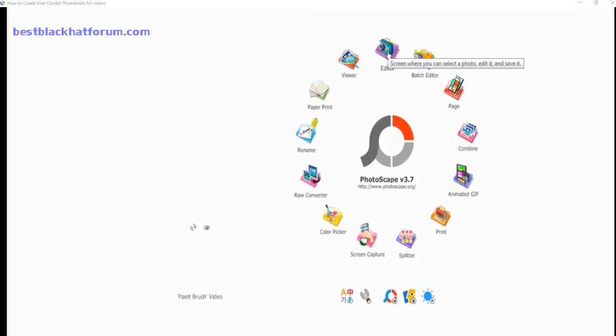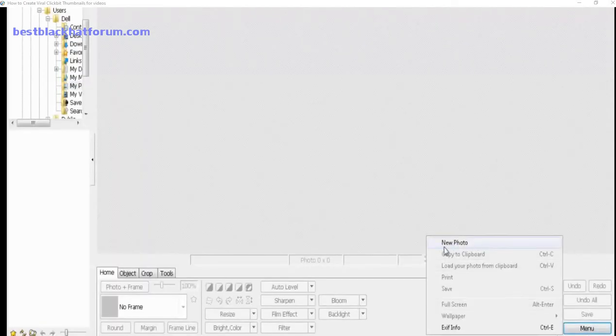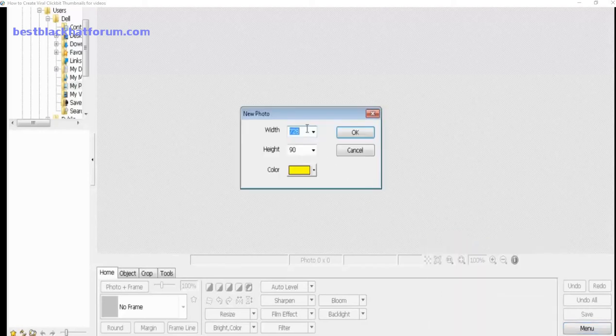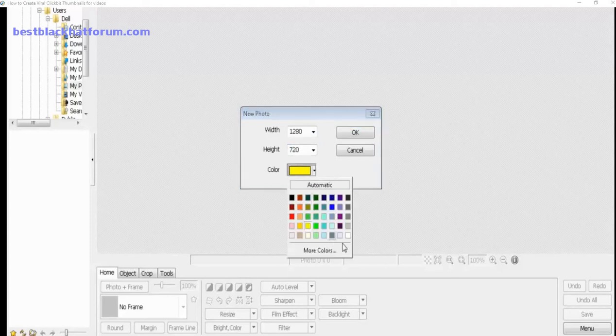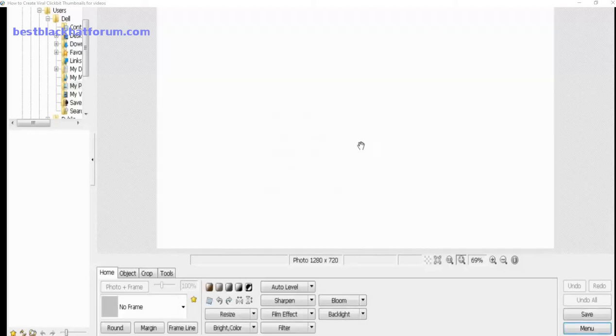So go to editor and now go to menu, click on new photo, and here you need to keep size 1280 and height 720. This is the YouTube size. So take it white and click OK. Now this is the blank.